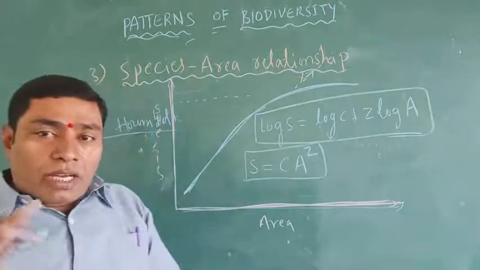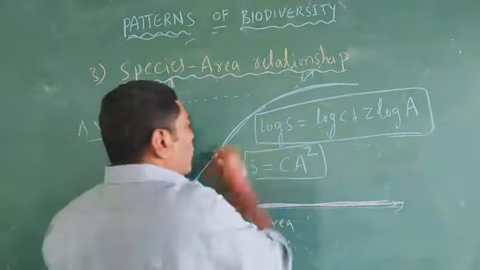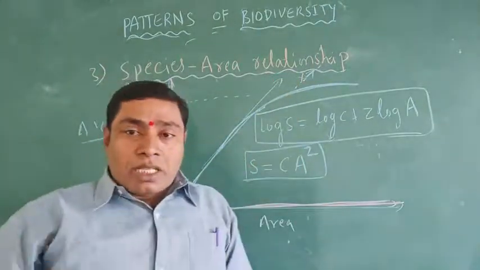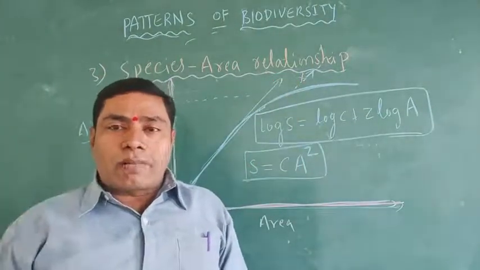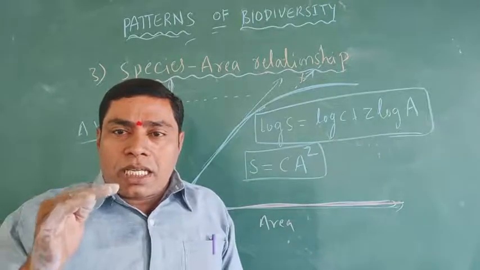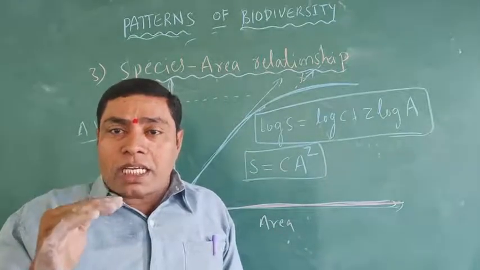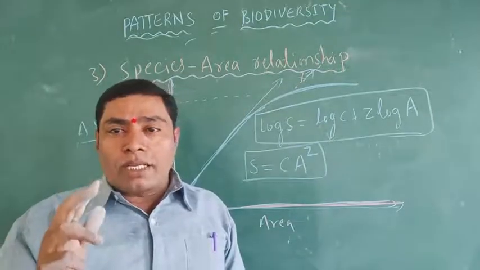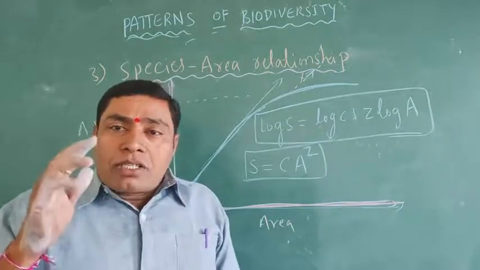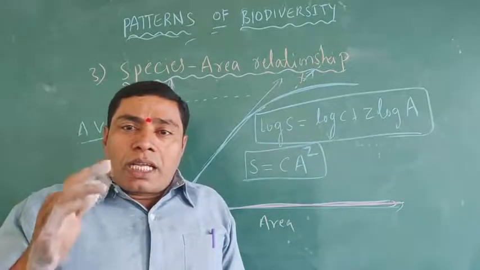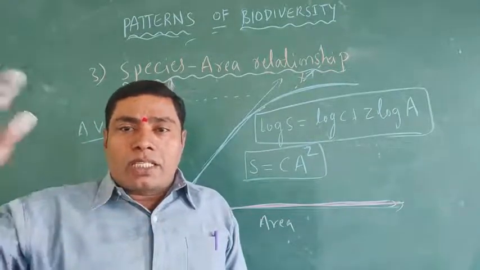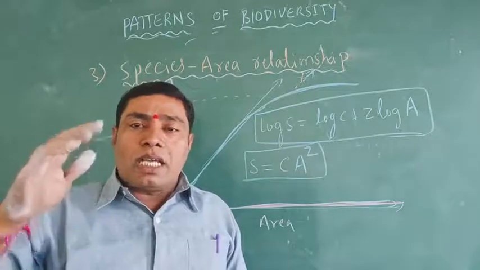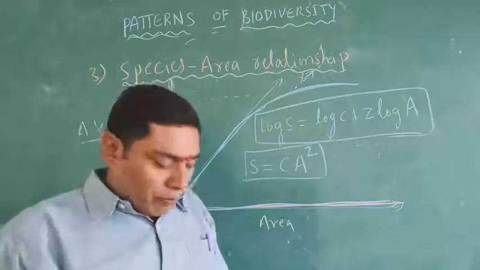And wherever you observe, the slope can indicate the increasing of the speciation or the species richness. It is indicated by the z, which means the slope of the line, the growth line. So the z means slope. The slope can indicate the species richness. The richness of the species is indicated by the slope.